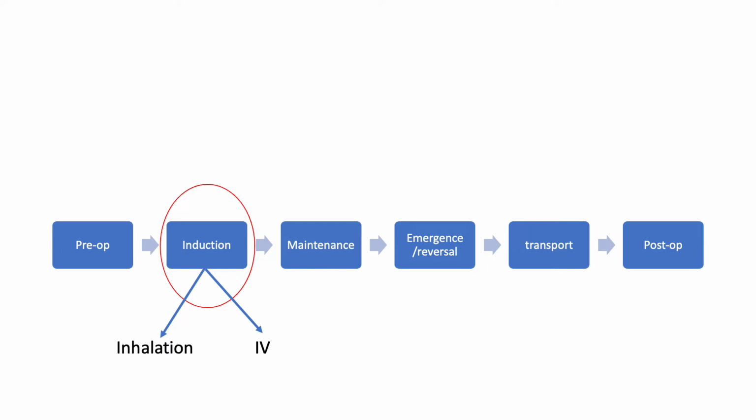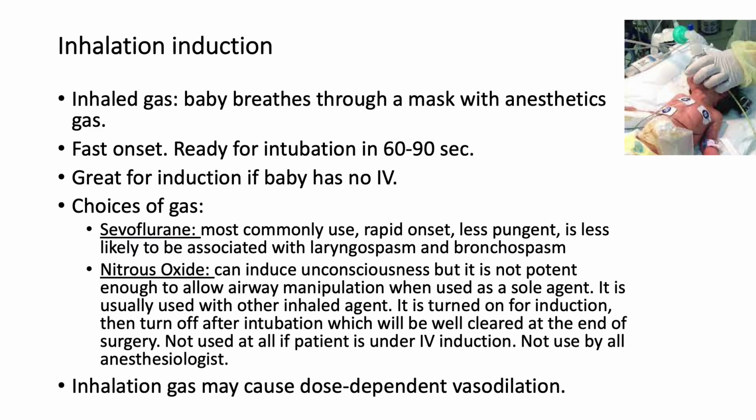There are two ways of induction: inhalation and IV. Inhalation induction: the baby breathes through a mask with anesthetic gas. It has a fast onset, ready for intubation in 60 to 90 seconds. It's great for induction if the baby has no IV. The choice of gas includes